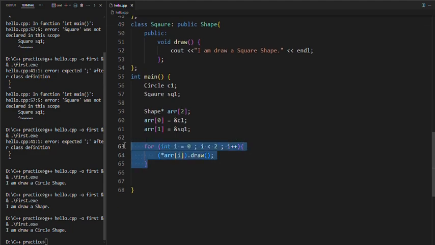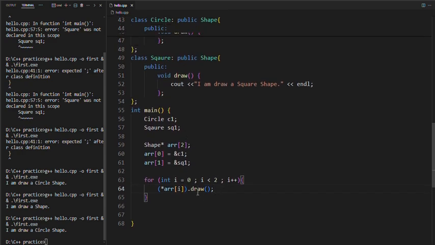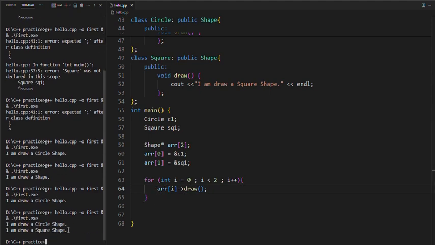And this is here clear. This is all polymorphism. When you have the same method, the same interface, the same method name called on different objects, this is polymorphism. And so now, instead of this notation, we can have the arrow. And then, as you can see here on the output,